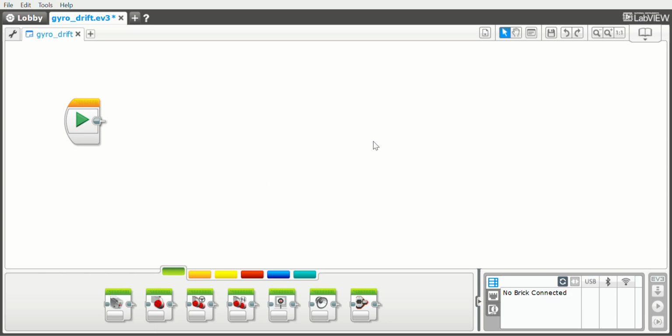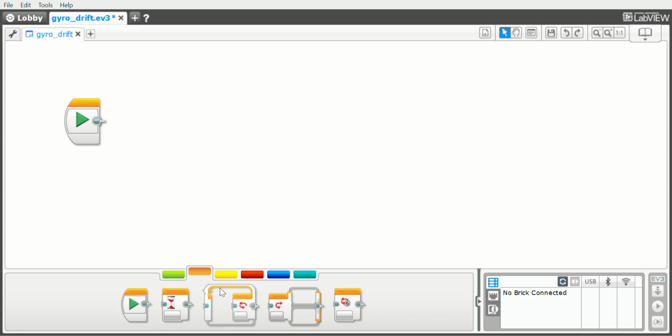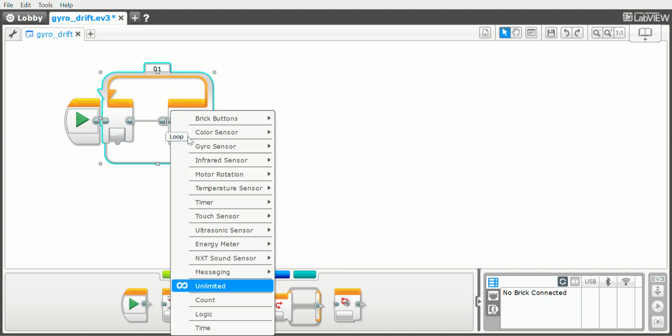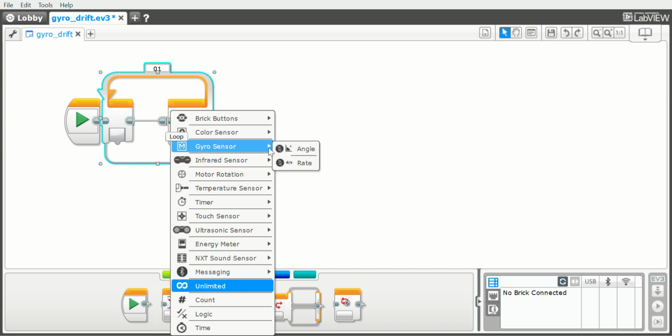Hello everyone, today I will show you how to fix a gyro drift using a proper code in EV3 LabVIEW. So first you have to go to flow control and take the loops block, and then go to gyro sensor, rate